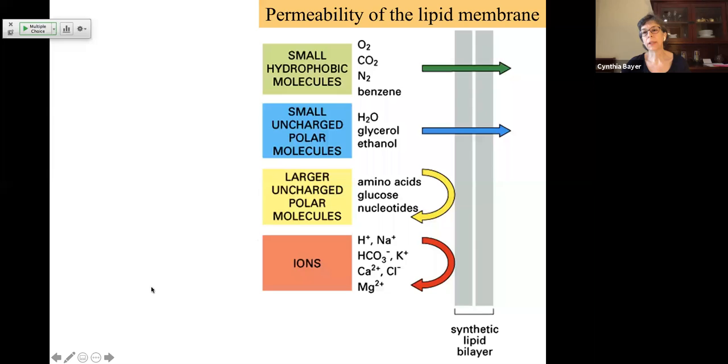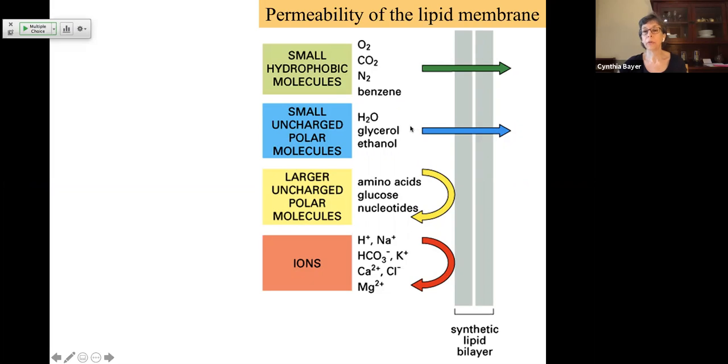Now, if we look at just a lipid bilayer, here we have our two parallel bars of just a lipid bilayer with no proteins in it, what we would find is that the lipid bilayer would allow small hydrophobic molecules to pass from one side to the other. They would be able to diffuse across, moving down their concentration gradient. So very small molecules like gases, oxygen, carbon dioxide, would be able to pass one direction or the other. Even polar molecules, as long as they're not charged, and if they're small enough, like water,